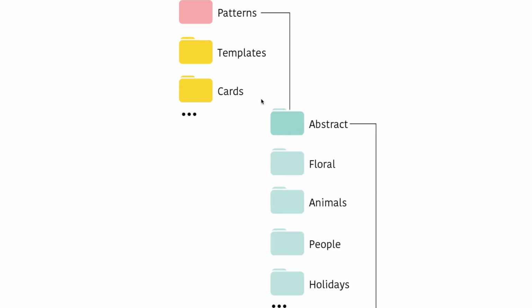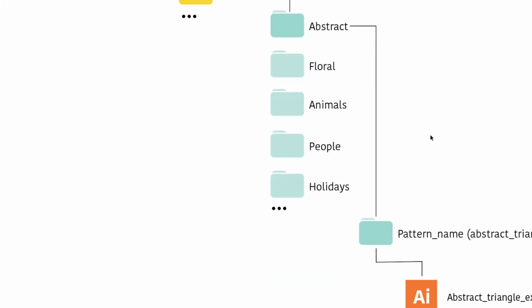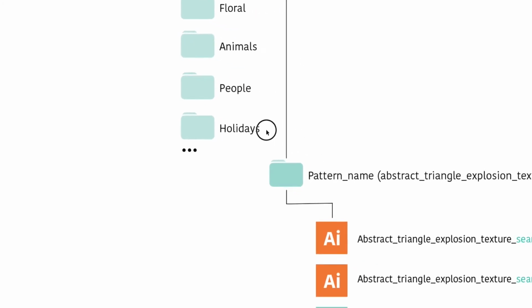So, for example, today I created a little pattern, just a simple geometric pattern. Here it is, called abstract triangle explosion, and I will use this pattern as an example for my saving of files. So for example, let's put this pattern in my abstract folder right here. So then I go into the abstract folder, and I